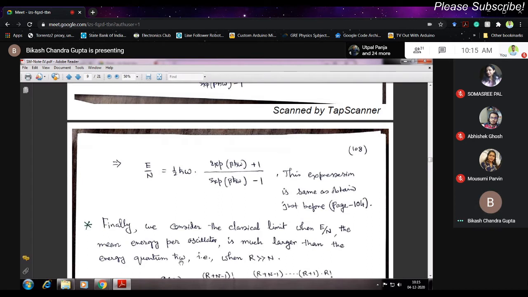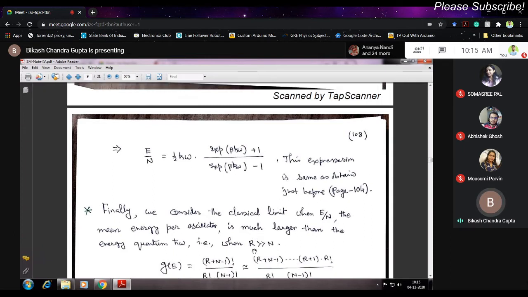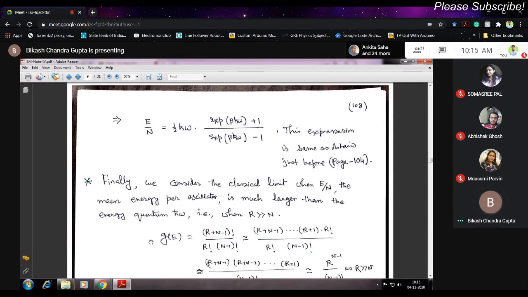That means if you have the number of quanta much larger than the number of oscillators, in that case, again, this is also a very important thing to know: if you have a large number of quanta of phonons compared to your number of oscillators, then you see the density of states you can have,